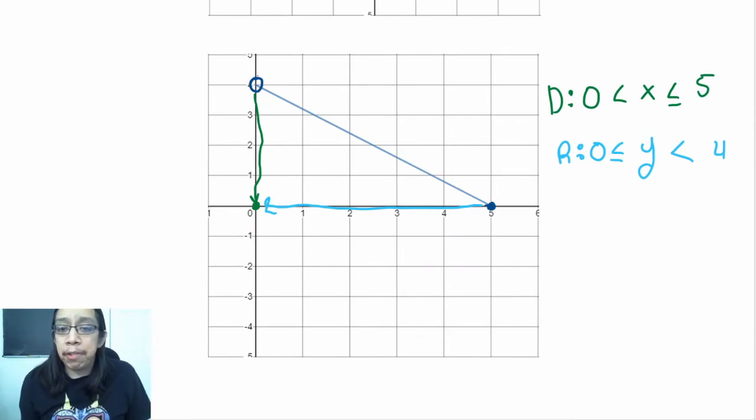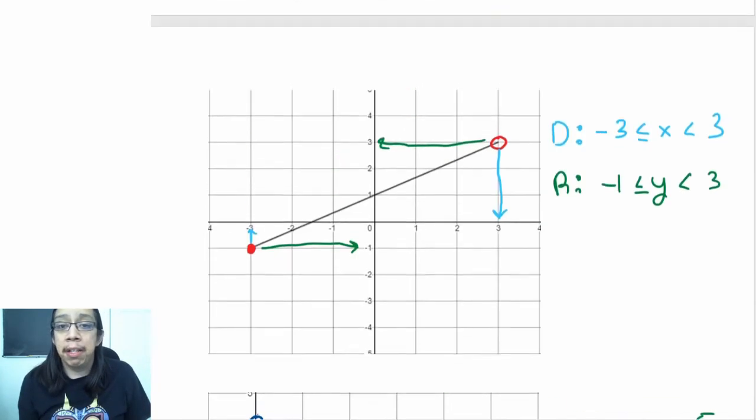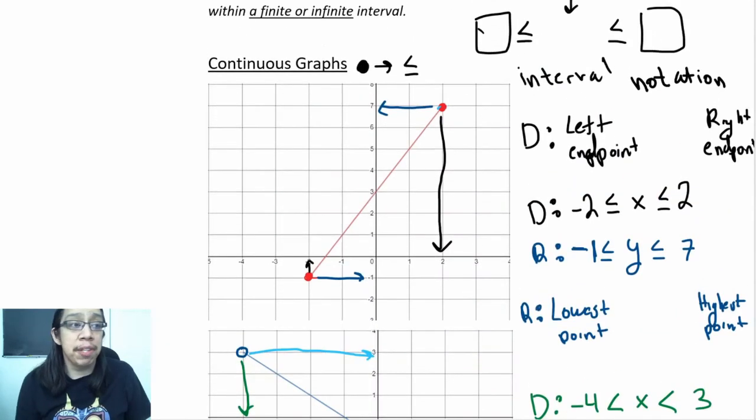Now, you might be tempted to just do this for a lot of these, because from a discrete graph, we were talking about, well, we have a whole bunch of points, we can just list them out, and that's true. Something that I see sometimes is that people like to do this. They like to put points on the graph that aren't there. Now, that isn't necessarily a bad thing, but it does set you up to making a mistake, because then you're going to be thinking that, oh, these are the only 5 points on that red line, which is not true